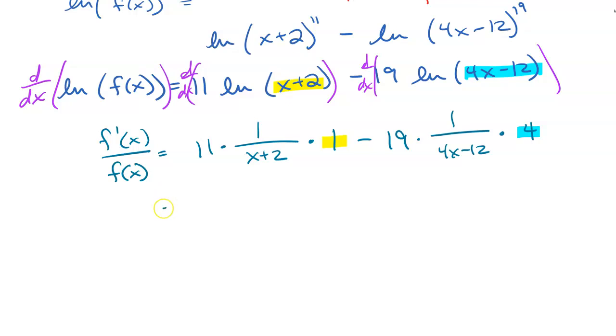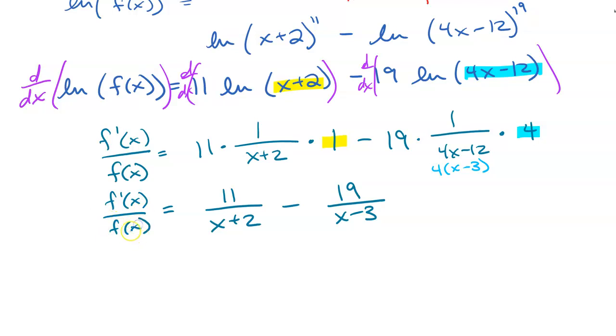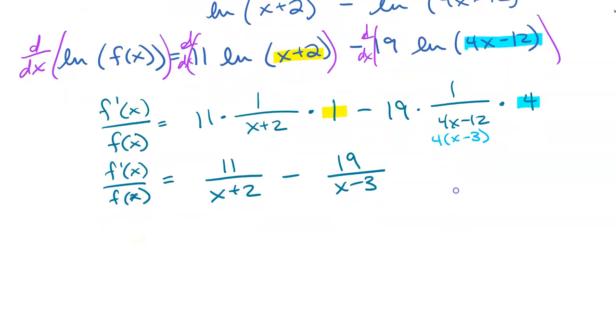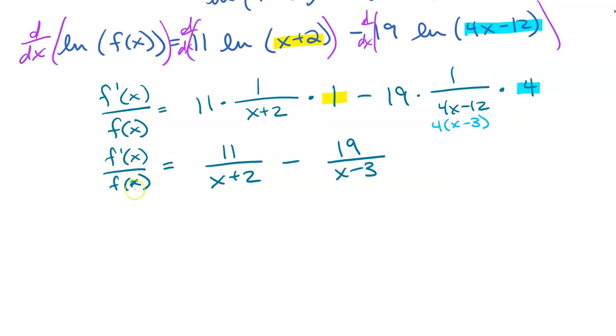Simplify as much as possible. So we get 1 times anything is just that. And then I can actually pull out a 4 in this denominator here, and then 4 over 4 is 1. So this second fraction becomes 19 over x minus 3, which is wonderful, because our left side still says f prime of x over f of x, which means I can actually solve for f prime by multiplying by f of x,